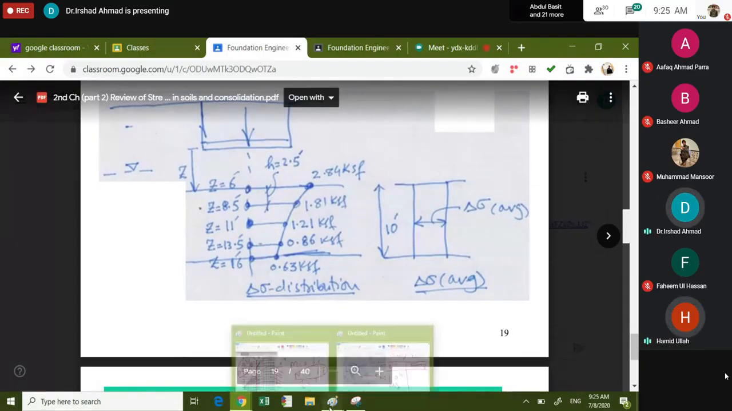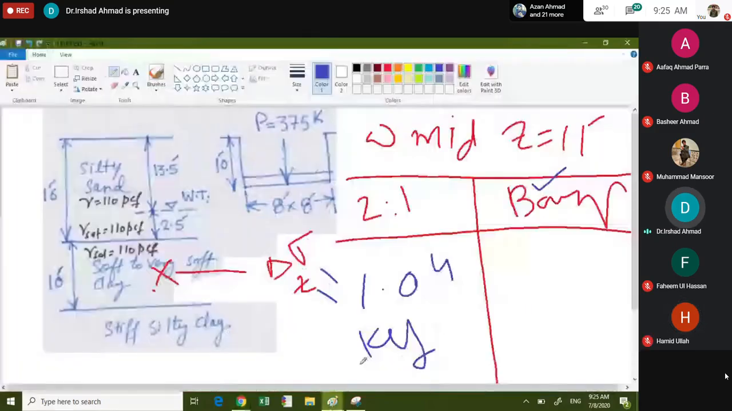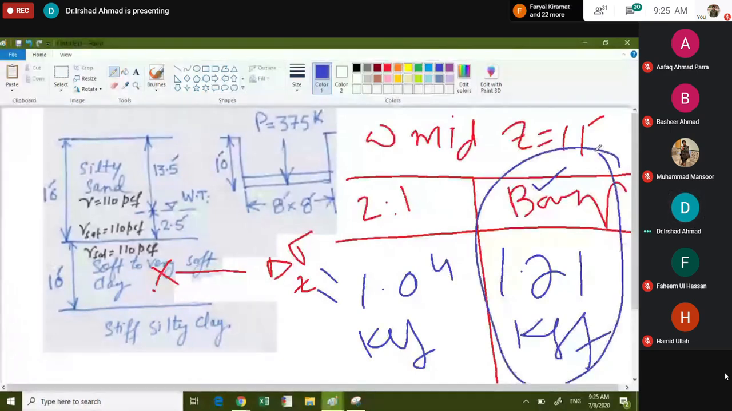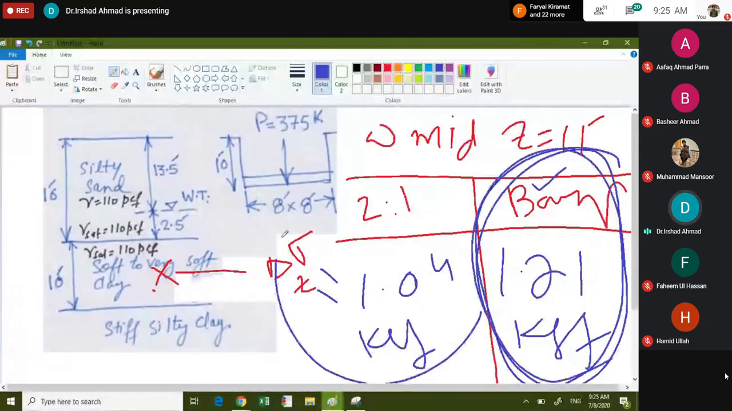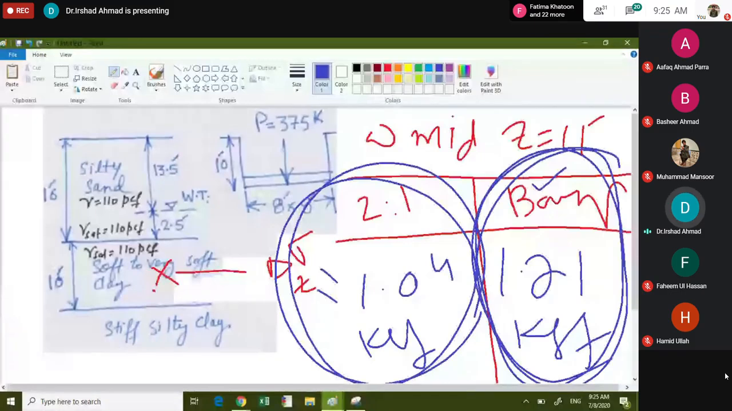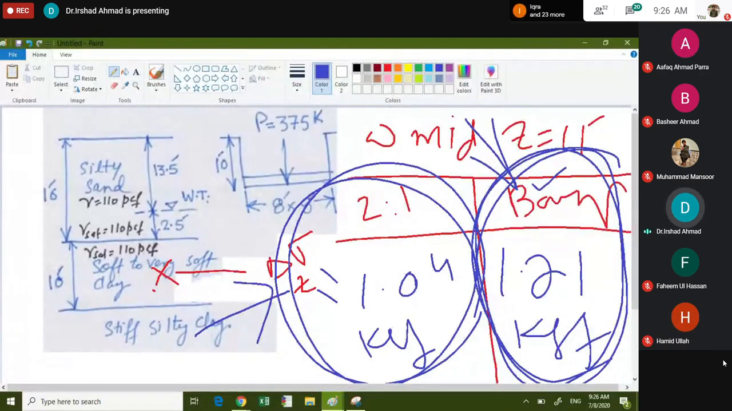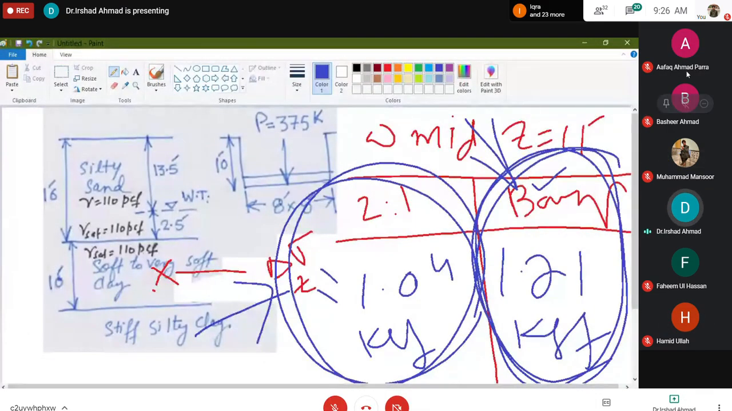Okay, no problem. 1.21 ksf. So Boussinesq equation is more accurate, right, than the slope 2 to 1 method. But slope 2 to 1 method is easier to apply than Boussinesq equation. Okay, that's the end of this lecture. I hope you understood. Now, all of you should leave except those who have